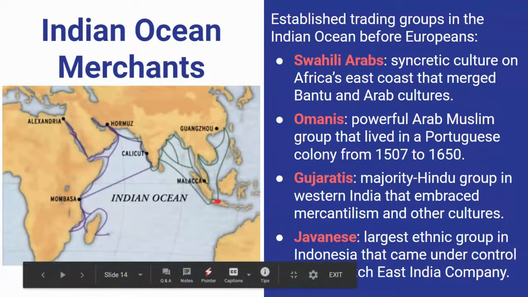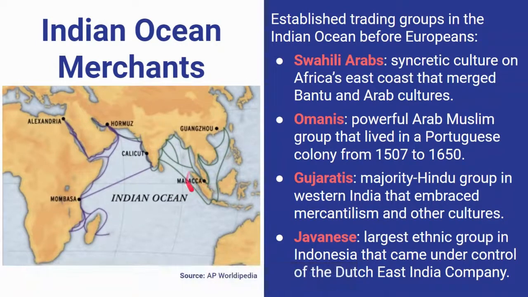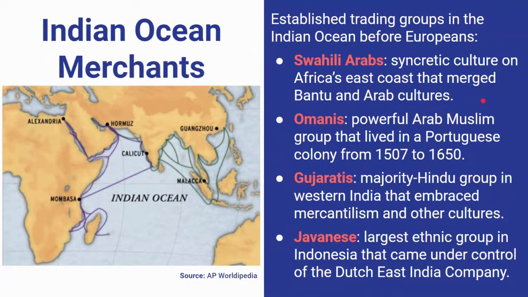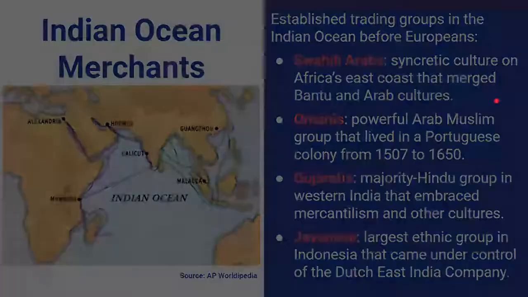And then the Japanese were the major group, and actually still are one of the major groups in Indonesia, controlling the Spice Islands, Strait of Malacca, all of these really important islands there. So those are just 4 that you need to know. It's not to say they were the only ones, but they are 4 that the College Board has singled out